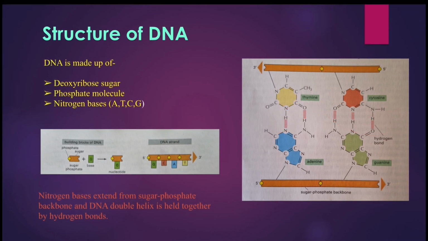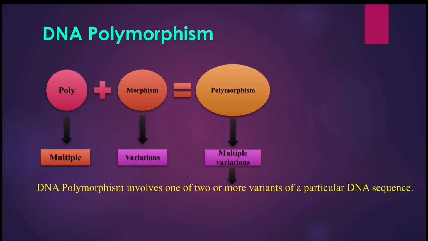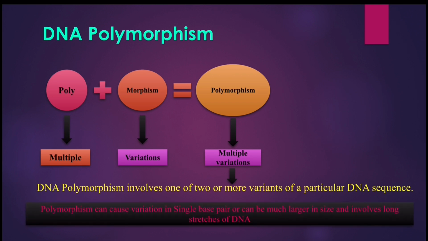Now move on to the topic of the day: DNA polymorphism. Now, what is polymorphism? Polymorphism consists of two words, poly and morphism. The word poly means multiple and morphism means variations. Therefore, polymorphism means multiple variations, and DNA polymorphism can be defined as one of two or more variations of a particular DNA sequence. These variations can be single base pair alterations or maybe changes in long stretches of DNA